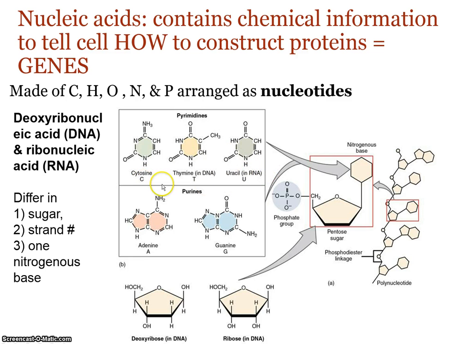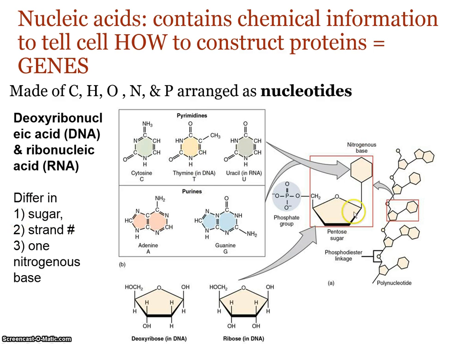Now, we always make our lives easy and abbreviate these with single letters, right? And so when we talk about nucleic acid sequence, or DNA sequence, or what you might call the gene or the genome, we're basically looking at a string of A, T, C's, and G's. And when we talk about an RNA molecule, like messenger RNA, transfer RNA, or ribosomal RNA, we're looking at a chain of, right, C, U, A, and G. Okay? So RNA and DNA are the only examples of nucleic acids we're going to talk about, right? Well, there's 200,000 different proteins and counting. There's only RNA and DNA here, right?